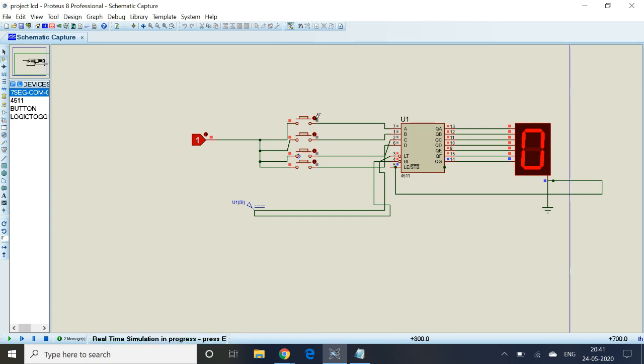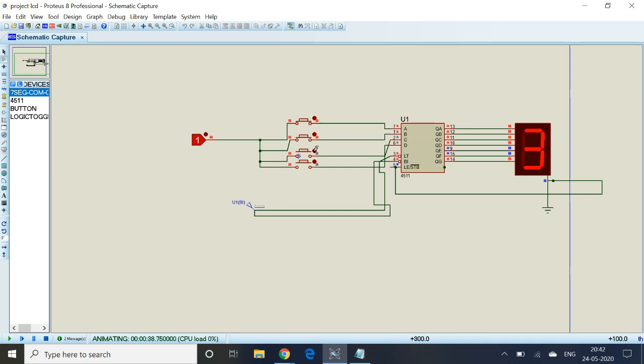If A is high, then this will display 1. If B is high only, then it will display 2. If B and A both are high, then it will display 3.